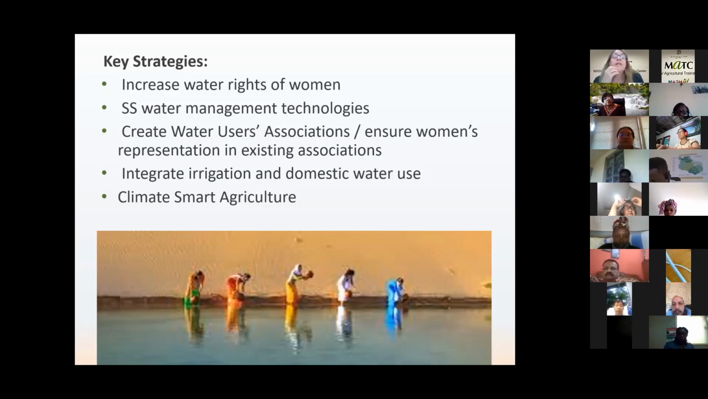We can create, or we should create, if they do not already exist, water users associations, because there is more power in numbers, and also to ensure women's representation in existing associations. We can integrate irrigation and domestic water use, and this is a very good strategy because I'd like to give